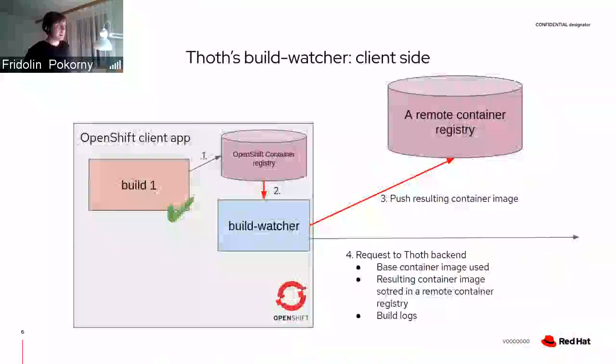If we take a look at a scenario that is supporting this idea, let's say that build 1 succeeds, and the build is configured to automatically push the resulting container image to the OpenShift container registry. In that case, OpenShift pushes the resulting artifact, that is the container image, to the OpenShift container registry, and upon build success, Build Watcher detects this fact